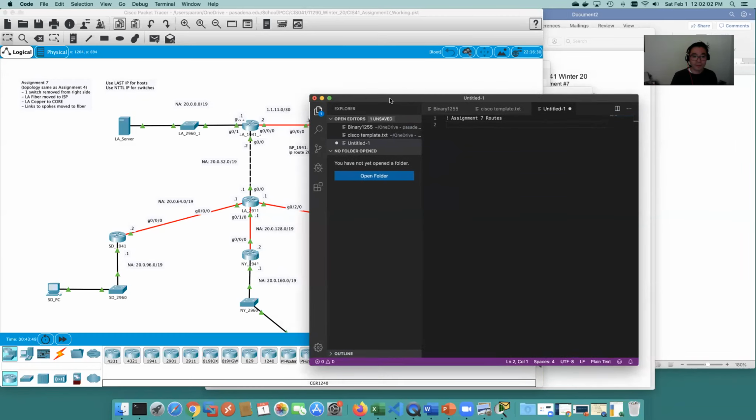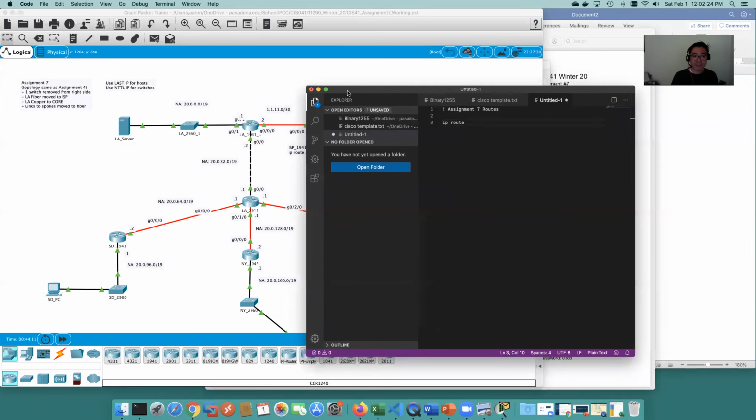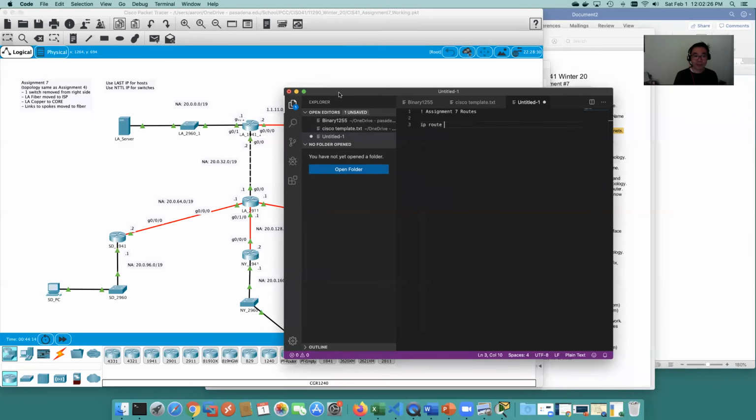All right, so let's start at LA 1941. Okay, and yes, I already put in the default route there because I wanted to show you that really quick, what that looks like. But remember, route to everything. IP route 20.0.0.0/19